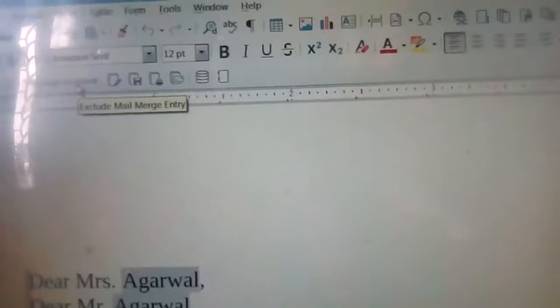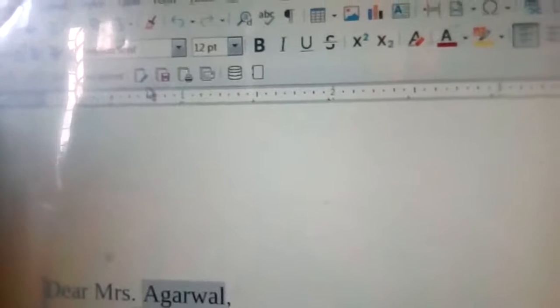Now this one is exclude recipient. Exclude recipient means suppose in your address book you have 10 friends, but you want to send this message to only 6 friends, then you want to exclude the other 4. So you can do this from here.